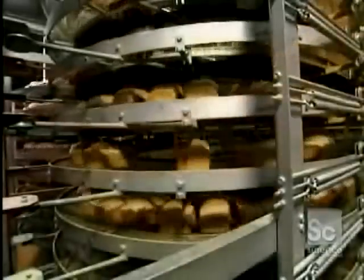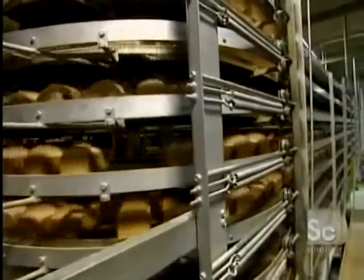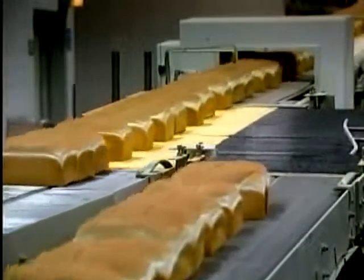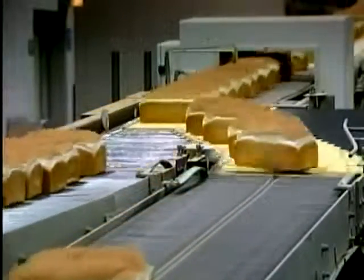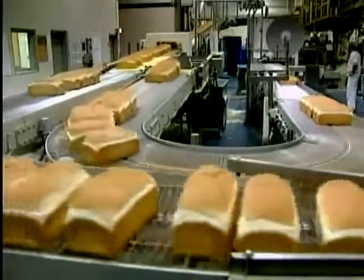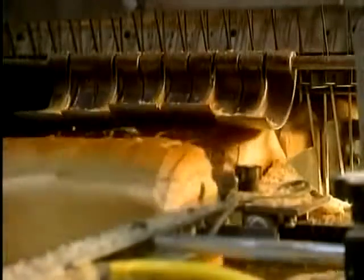A vacuum system draws the loaves from their molds. They're then placed on a conveyor to cool. A guidance system takes care of carrying the breads to various sections of the bakery. When well cooled,